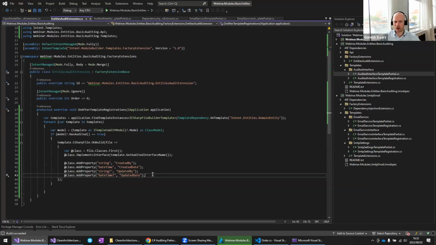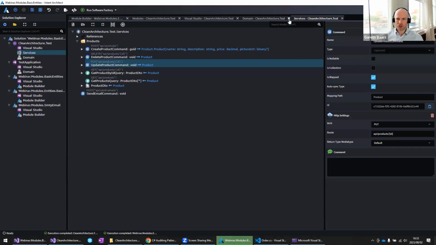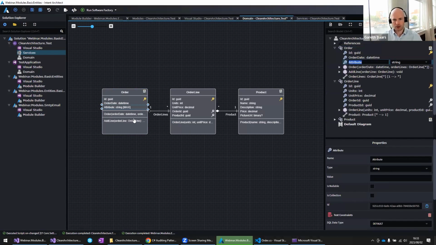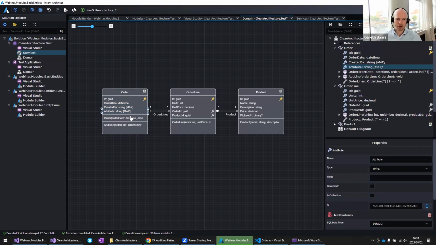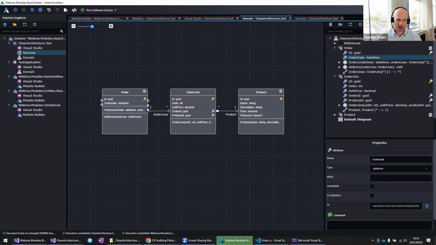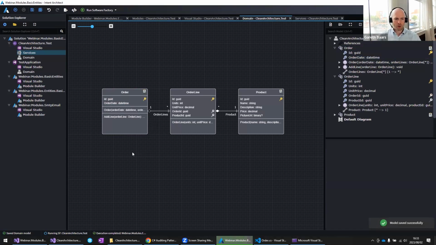If we want to do it this way, there are limitations to doing it this way. But what I'd rather suggest that we look at, to make this a bit more of an advanced use case, is actually automating the creation of the created by, which is a string, and the created date. And we do that because we don't want to have to do that ourselves each and every single time. So the way that we can do that is we need to build something called